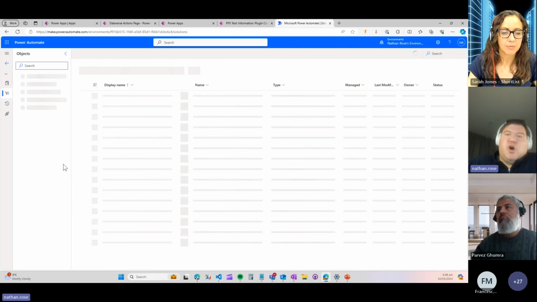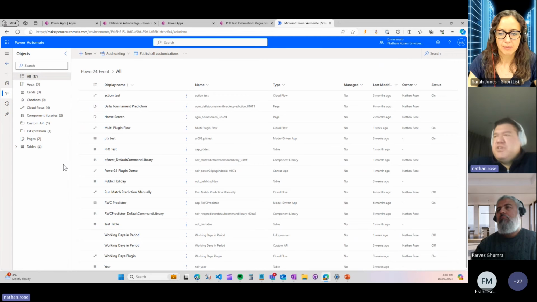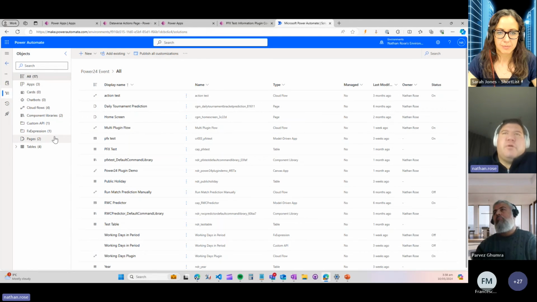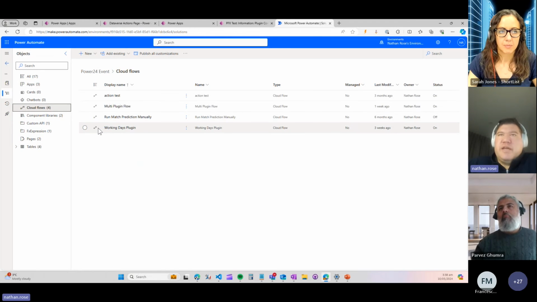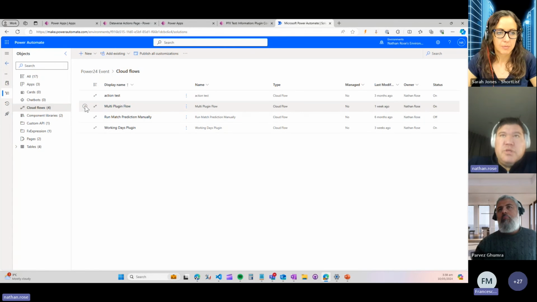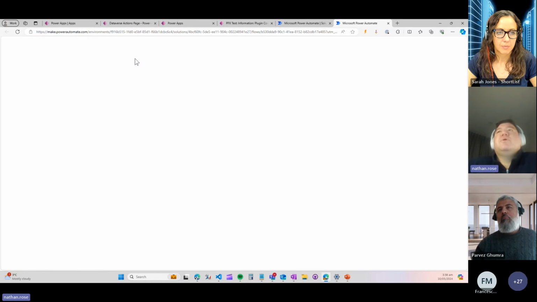Or something that I've been experimenting with recently is this idea of using Power Automate as the orchestration engine to call plugins. So let's say you need to do something that's really data intensive, something that would use a lot of web API calls and Power Automate API runs and whatnot. You could potentially use Power Automate to be that orchestration engine and let the low-code plugins do the heavy lifting. So if we come here to the multi-plugin flow,